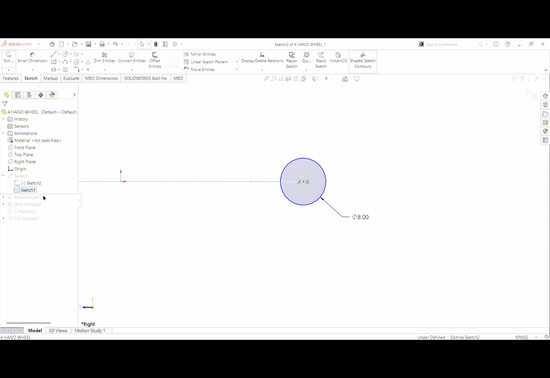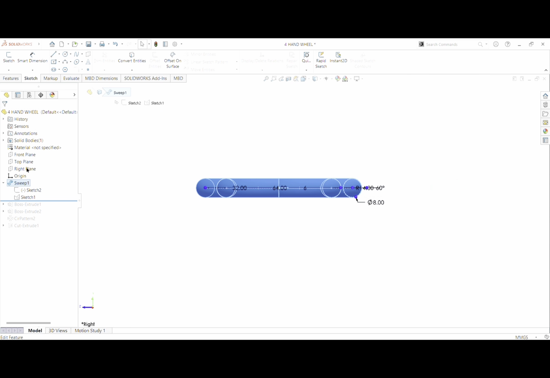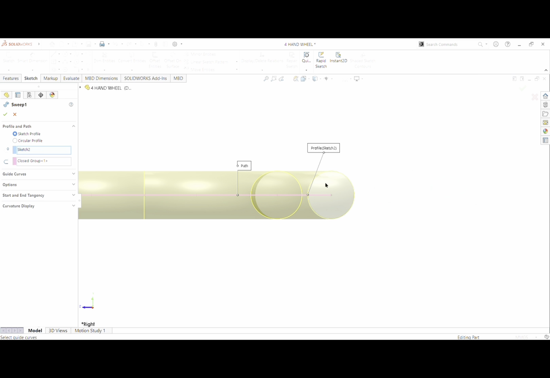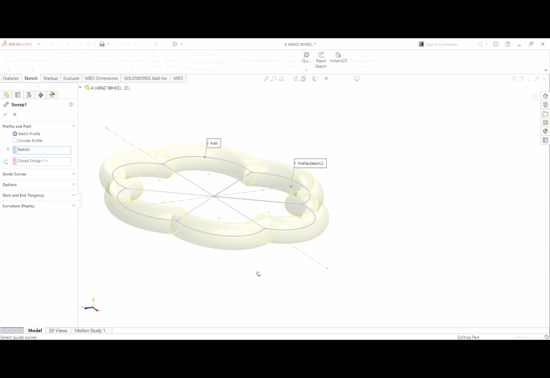And then this is the midpoint of my sketch. Then choose the sweep feature with sketch profile and close group. It will be like this,